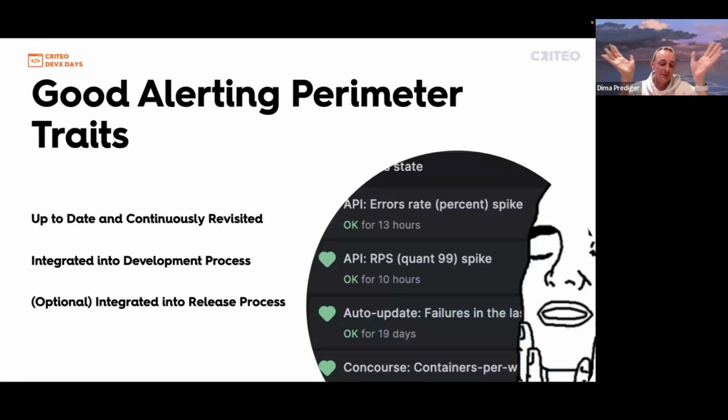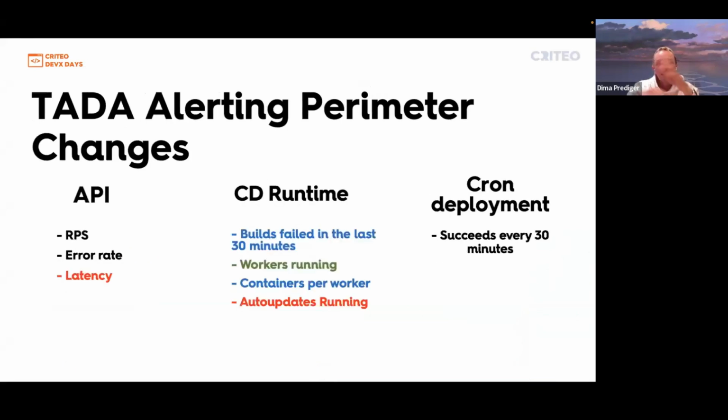Once we have a couple of alerts, we can start building an alerting perimeter. Let's discuss what a good alerting perimeter is. First, I would say that it should be up to date and continuously revisited. Let me give you an example on our own metrics. For example,